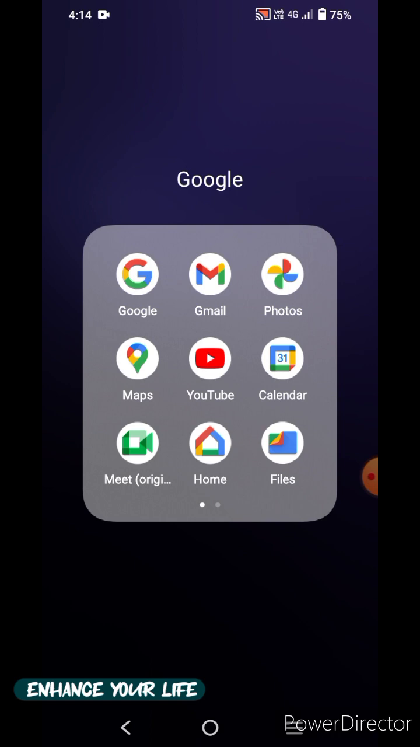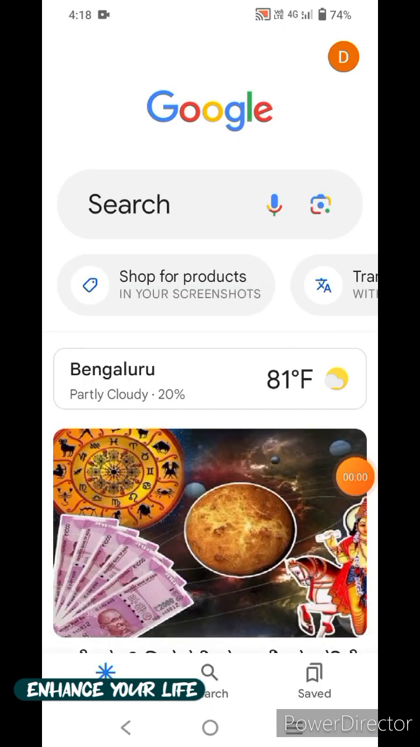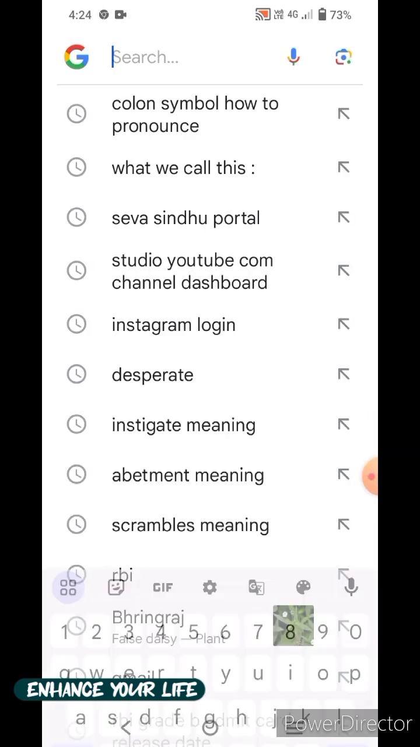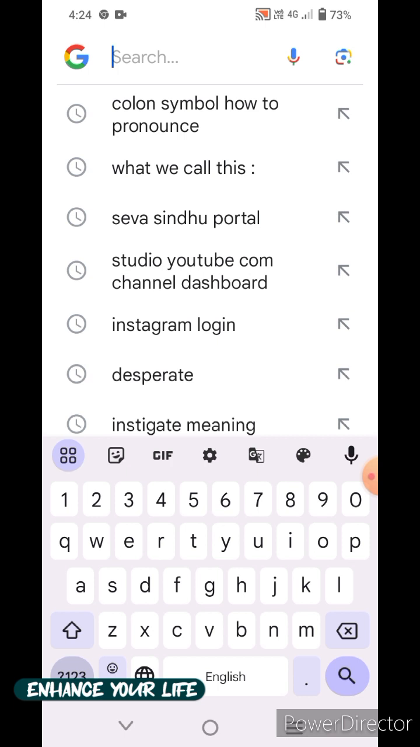So here you can see the Google app. Click on that Google app. Once you click on the Google app, you will see this search page. Click on the search. Here you have to type